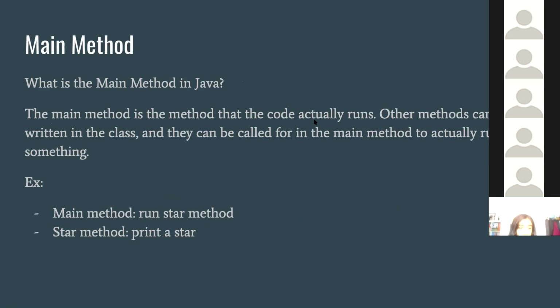In Java, there's only one method that actually runs. The program is only going to run one method on top, called the main method. The main method is where you write everything that you want the program to actually use. Let's say I have my star method, going back to that example. If my star method is written and it says print a star, and that's all I have in my program, the Java code isn't going to do anything because I don't have anything written in my main method. If in my main method I say run the star method, then I will get a star. But if I just have the star method, it won't work because the only part the Java code actually uses is the main method. Does everyone understand that?